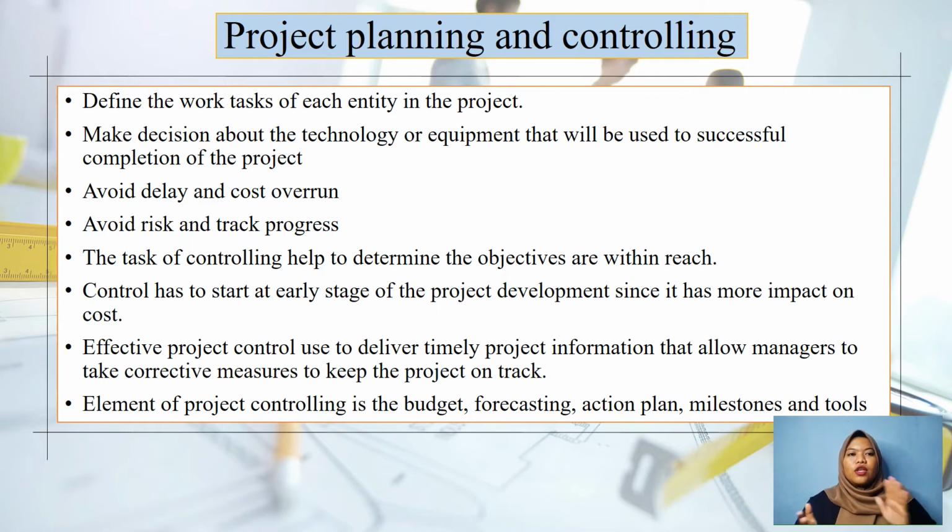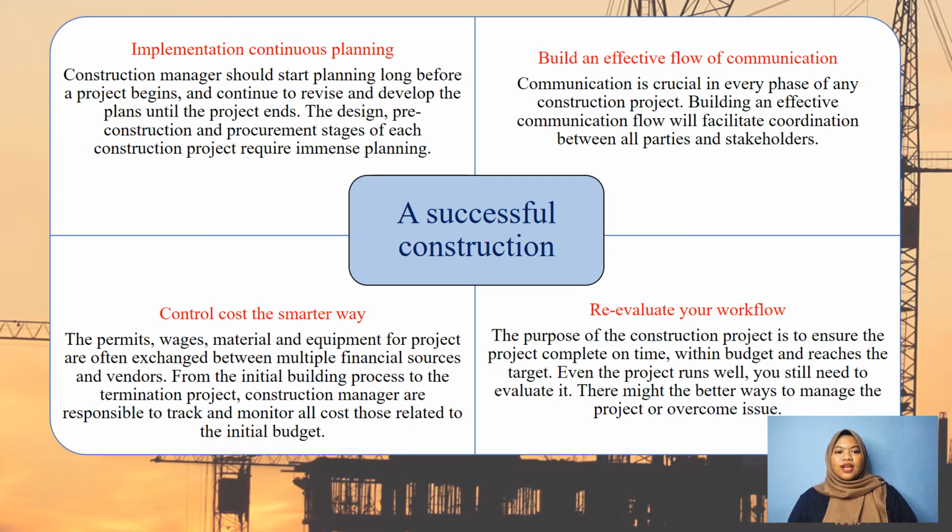Effective project control used to deliver timely project information that allow managers to take corrective measures to keep project on track. The element of the project controlling is the budget, forecasting, action plan, milestone, and tools. A successful construction. First, implementation continuous planning. Construction manager should start planning long before a project begins and continue to revise and develop the plans until the project's end. The design,